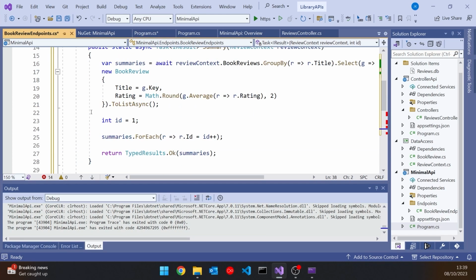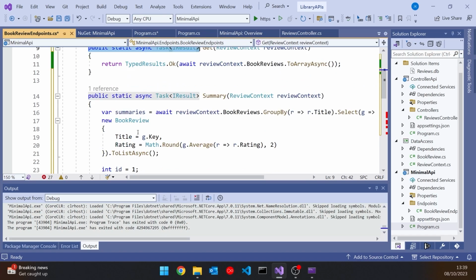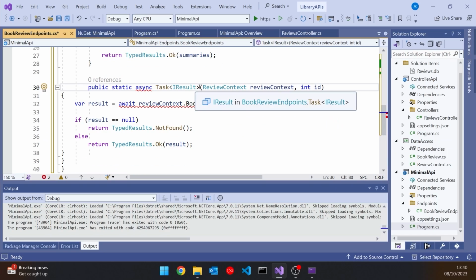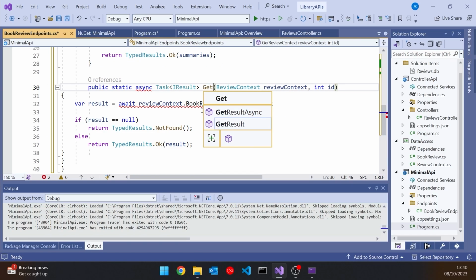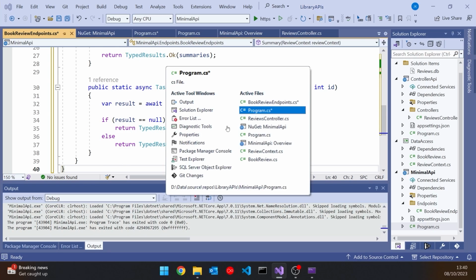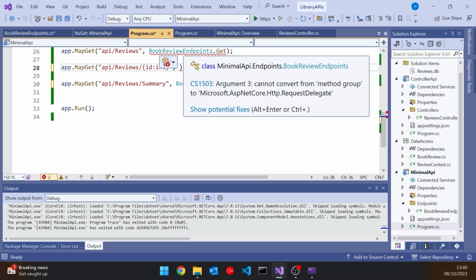Paste that in. Do our public static async IResult. Get rid of that and give it a name. So we'll call that Get again. Tidy it up and go back in here, and we can see we've already got a problem.